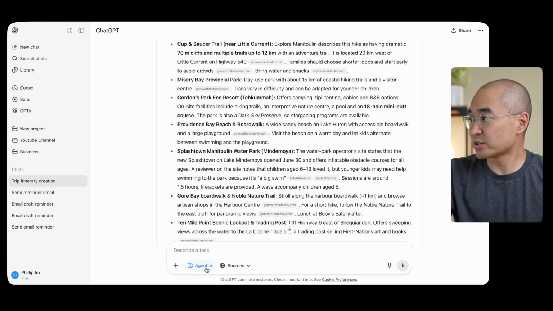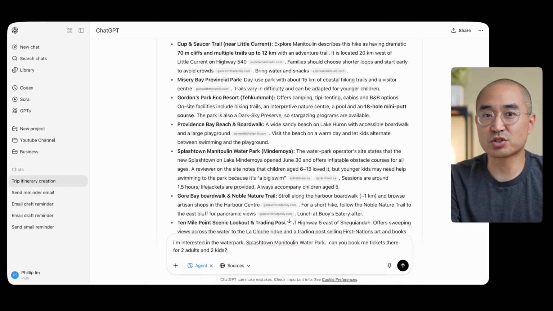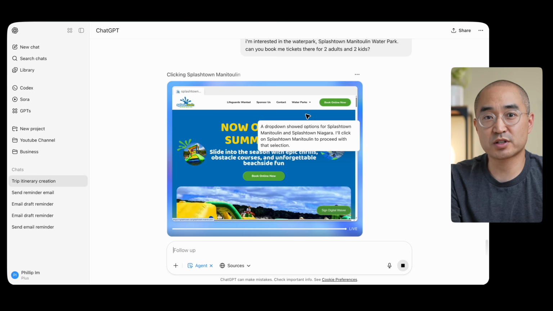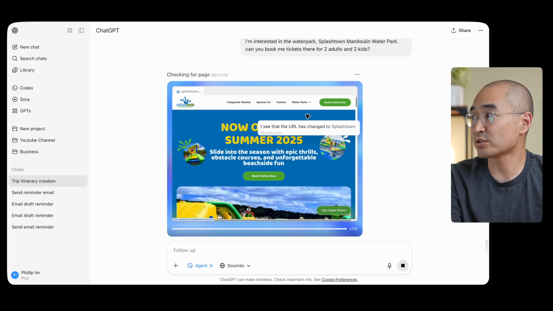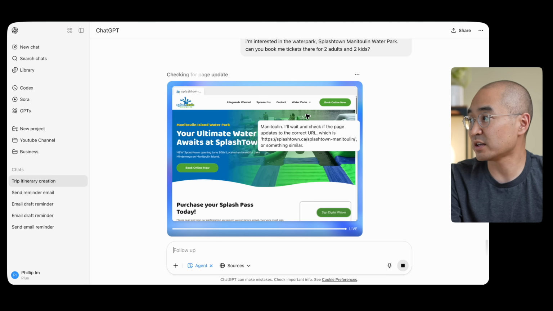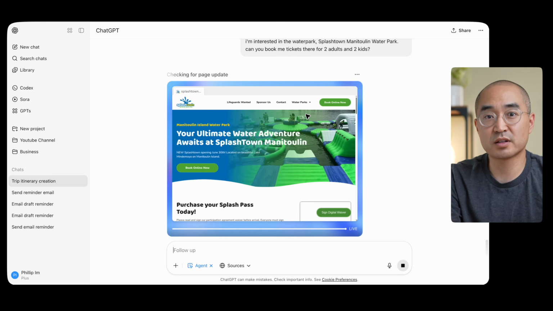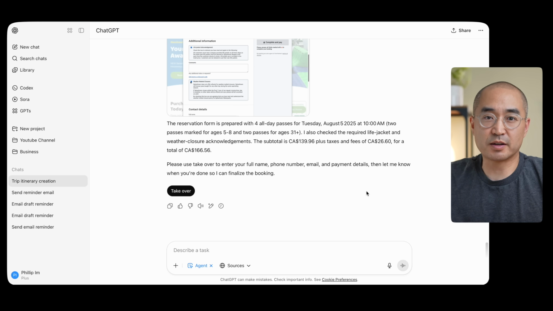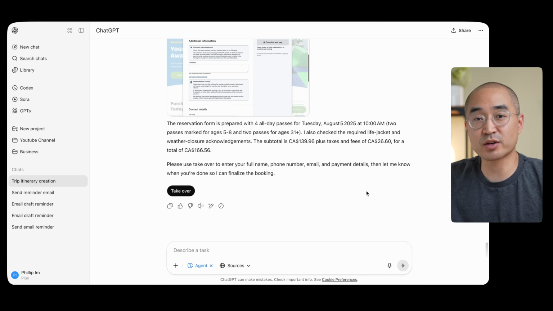Now here's where things get a little interesting. I've typed out a prompt asking Agent to book me 2 adult tickets and 2 children's tickets to this water park. As you can see, it's found the website that I need to go to if I were to book it myself, and it's surfing through to attempt to book this particular event for me. The point where it stops is that it has registered me for a date that I didn't particularly specify, nor did it ask me to specify which day I wanted to go. It automatically booked me in for a full day pass without really asking me if I wanted to go for the full day. Once the cart is loaded, it asks me to take over,